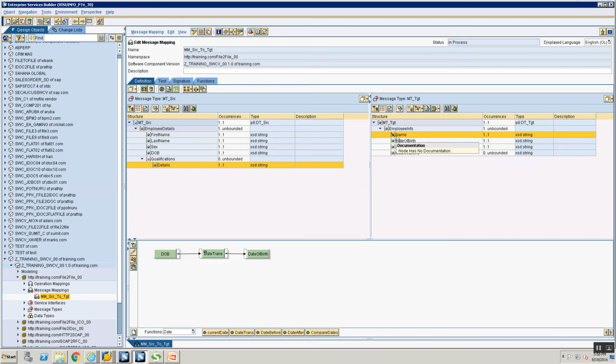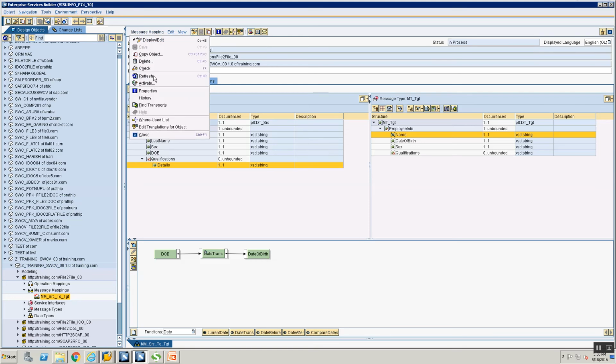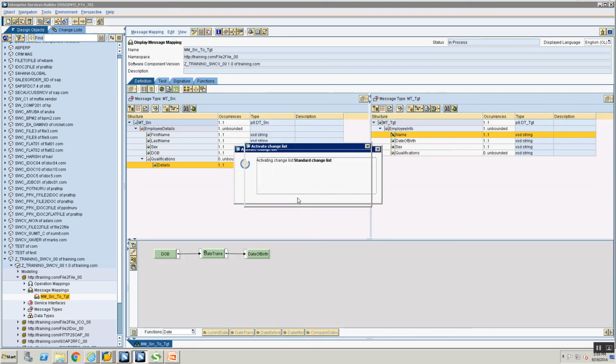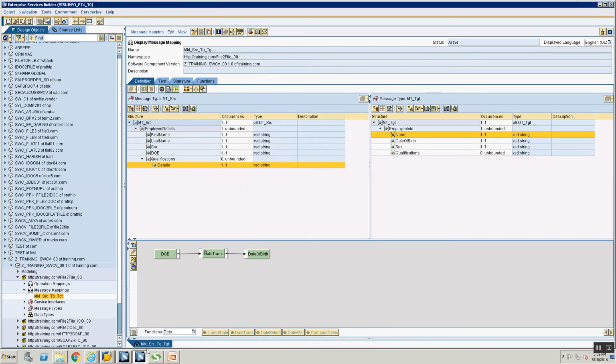Now once I disable the field, there is going to be a problem when the mapping gets executed. The mapping will execute, but the name field will not be there. And then I'm going to do a validation. So when the validation happens, it's going to fail after that. Okay, so before we do that,